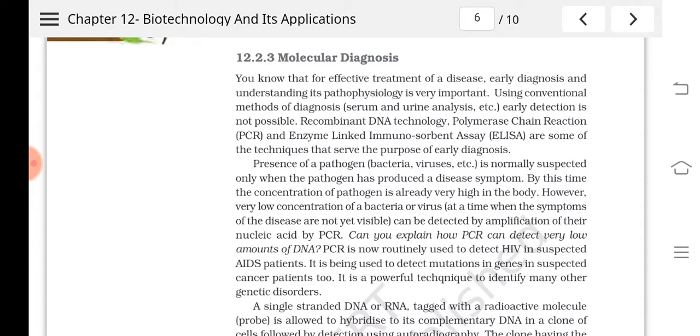Okay, understood? Because before the pathogen gets multiplied in your body, its small traces itself can be detected. PCR we have studied, no, number of copies can be produced in them. Understood? So before they get multiplied, a small amount of the organisms also can be traced by these methods. Okay, so this is the advantage of biotechnology in the field of diagnosis of a disease.